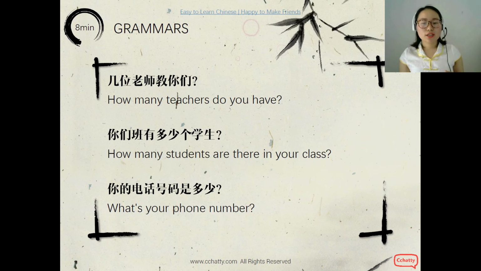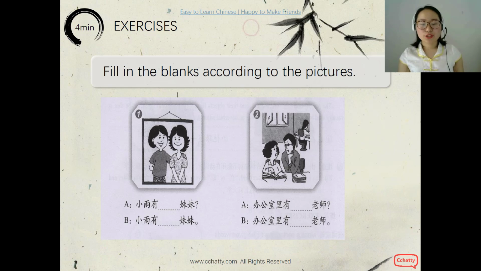And the last question, what's your phone number? A phone number in China always has 11 digits, so we can't use 几, we use 多少. 你的电话号码是多少？Could you please read it? Ask me. Okay, 很好。你的电话号码是多少？